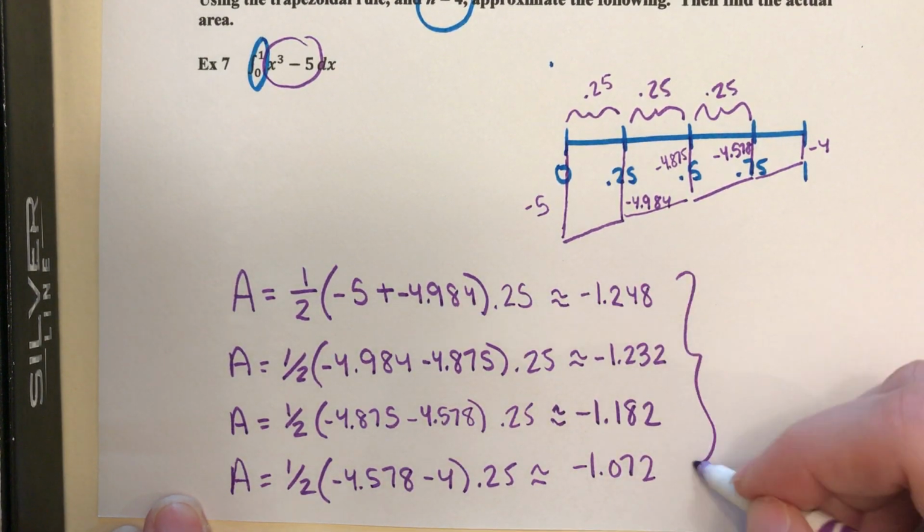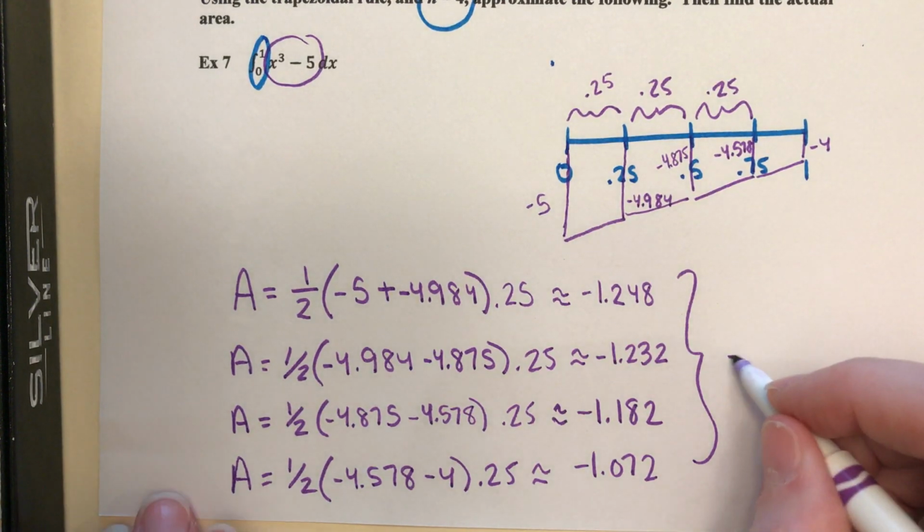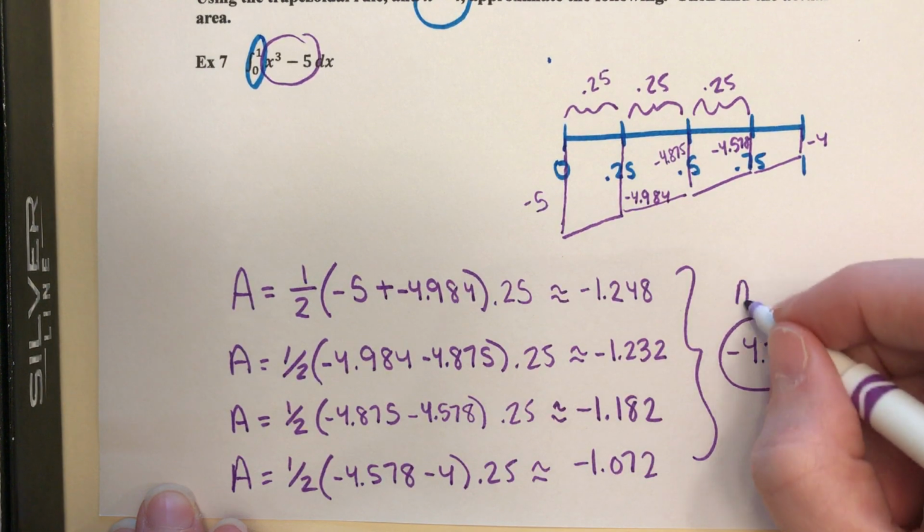So now I'm going to add up all those areas. That gives me negative 4.734. So this is the approximate